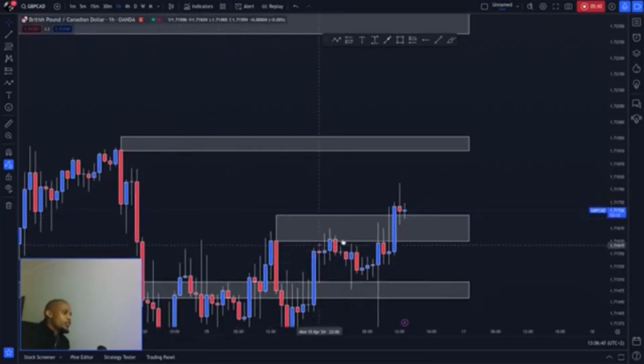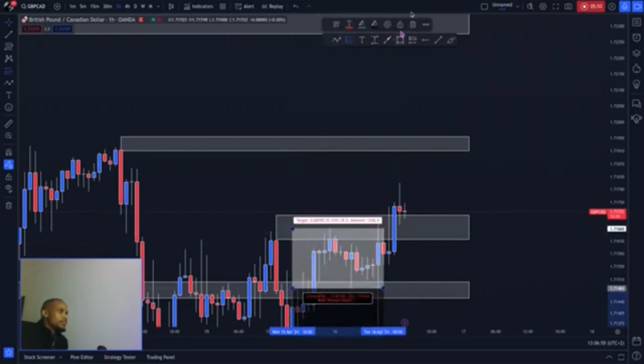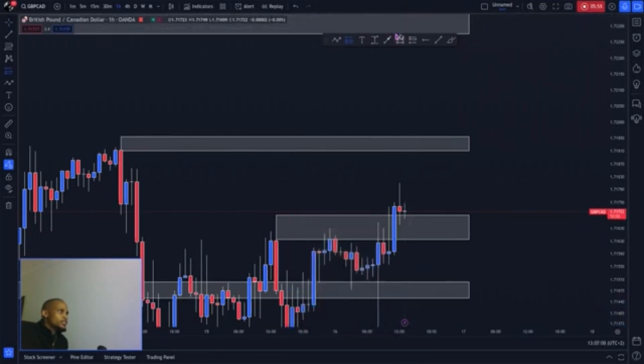So let's see what price is doing at this current state. Let's read price for what price is. What is price doing right now? We're not taking entry yet. It's not that easy to pull the trigger, right? Price pushed to the upside, came back to the zone, and now price tried to fail, but now